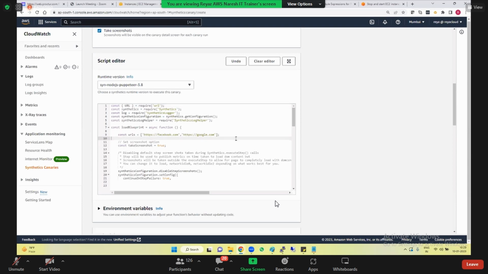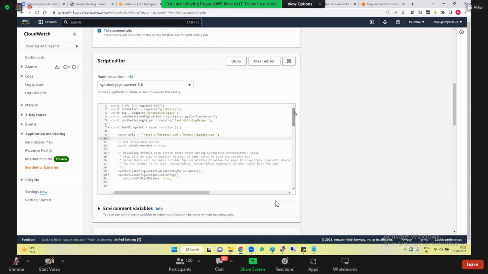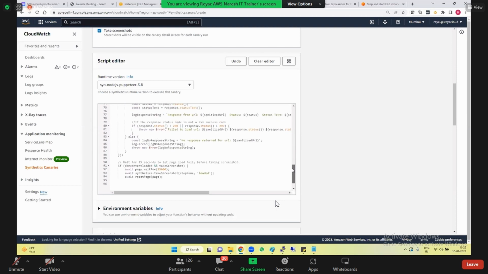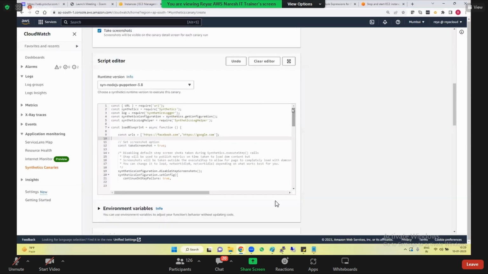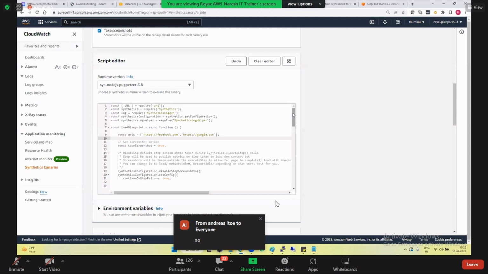This is auto-generated. So this code will be executed, guys. If you want to know, sir, how do I get this code? That's not our job, right? But if you're interested, this is Node.js code. It is just used to do the heartbeat for these URLs. But if at all you want to get it, guys, you can download something called CloudWatch Synthetics Recorder. What this will do is